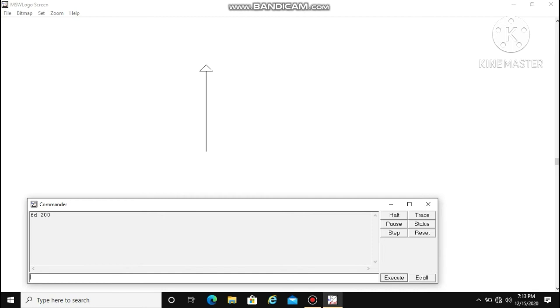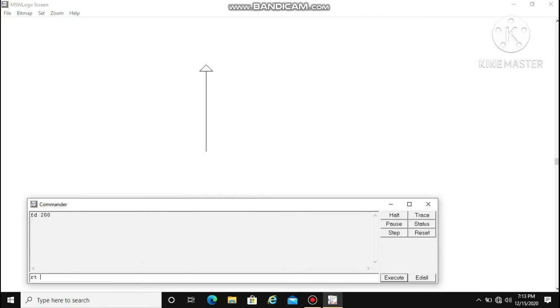Now, if I want to draw a square, I have to use the LT or the RT command. LT means left and RT means right, whichever turn you want to take. Now I will take RT space. As in the previous lecture I already told you that RT or LT is used with the number of degrees to turn the turtle.